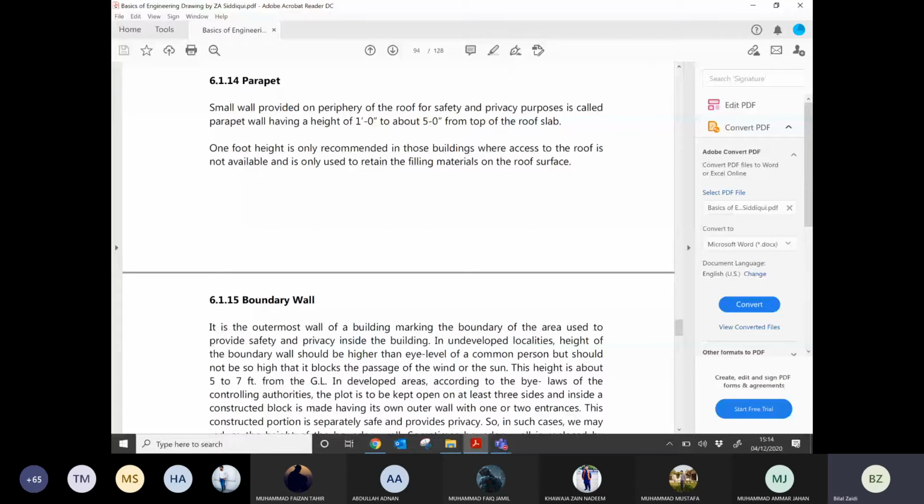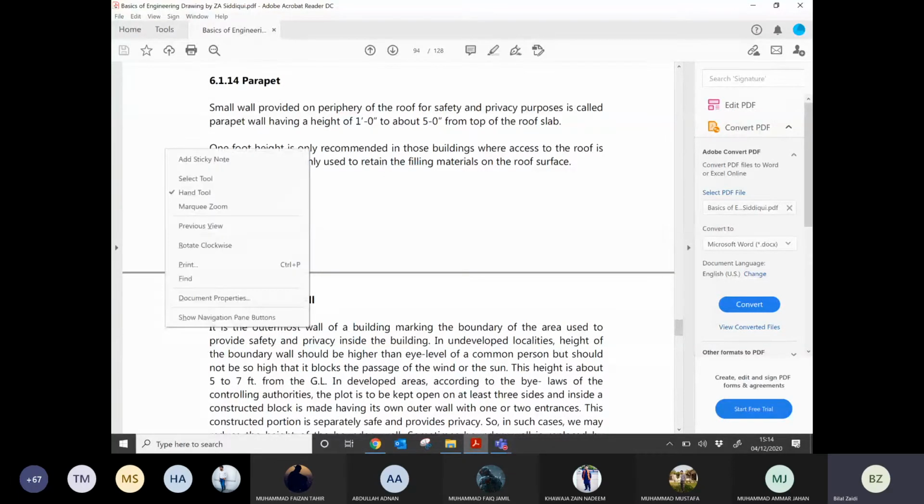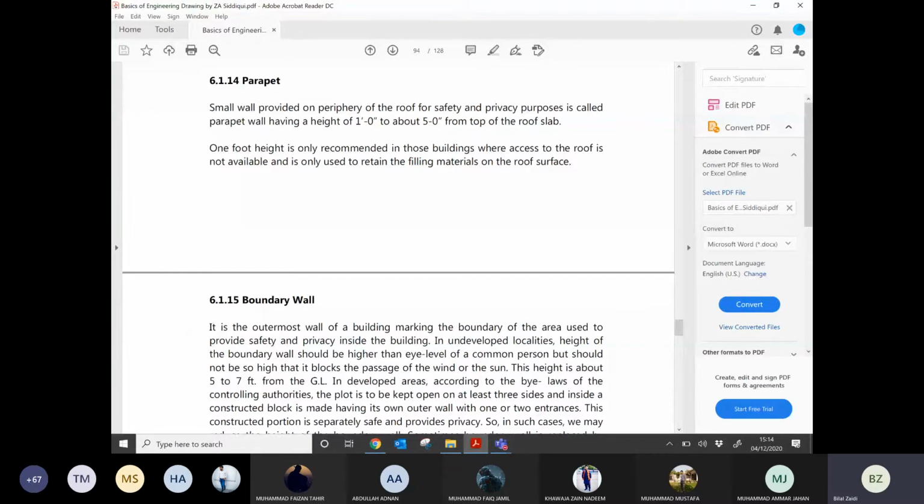So you provide some heat treatment materials on the top of the roof slab. छत के ऊपर आप provide कर देते हैं, ठीक है। In the roofs where there is no access, we provide a parapet wall of height 1 feet, and when there is access to the roof where there is a chance of people coming and going to and from the roof, then we will provide a wall of greater height, you can say up to 5 feet.